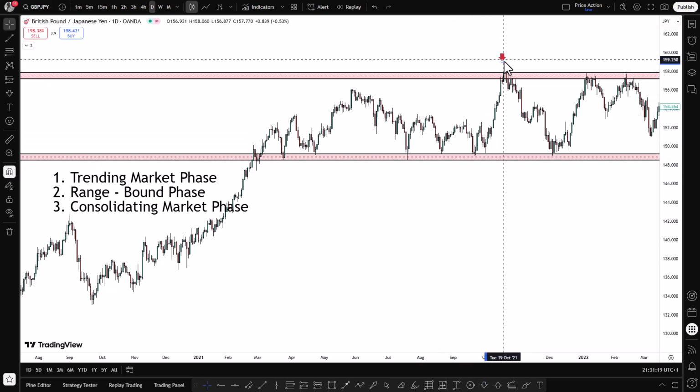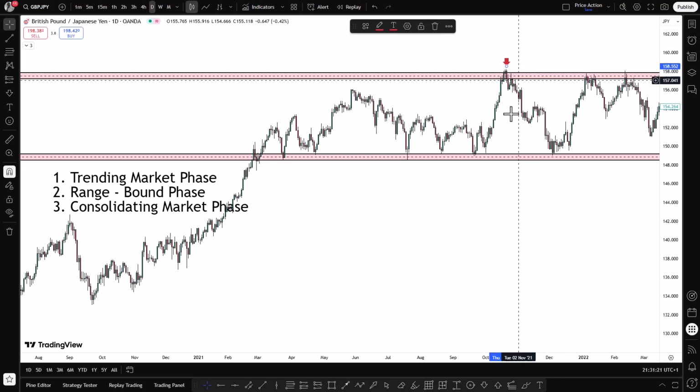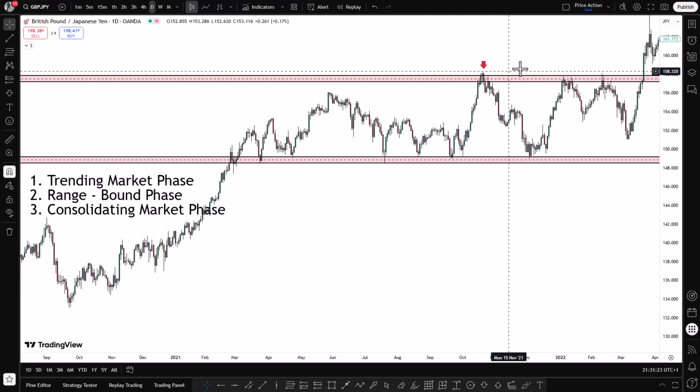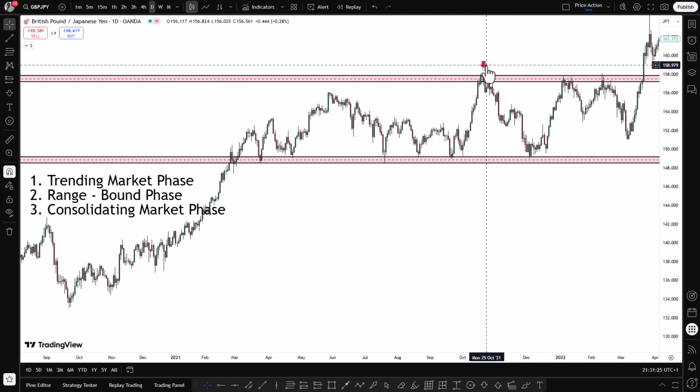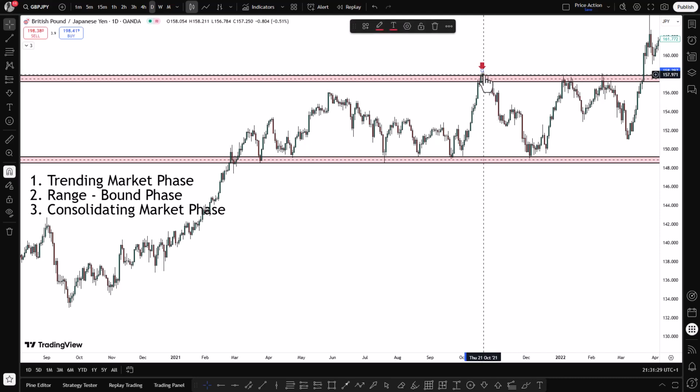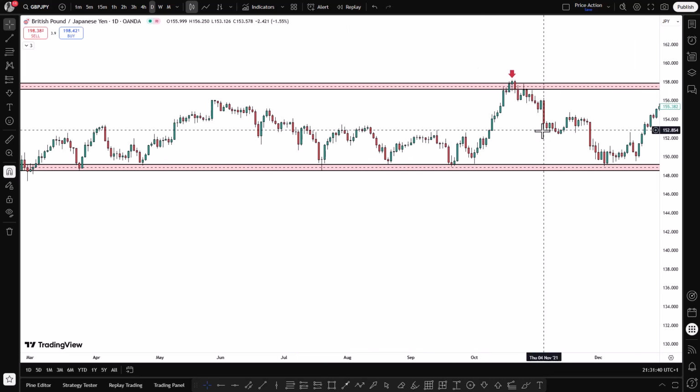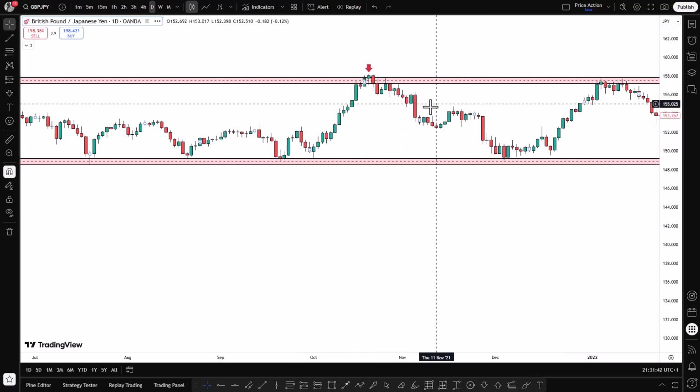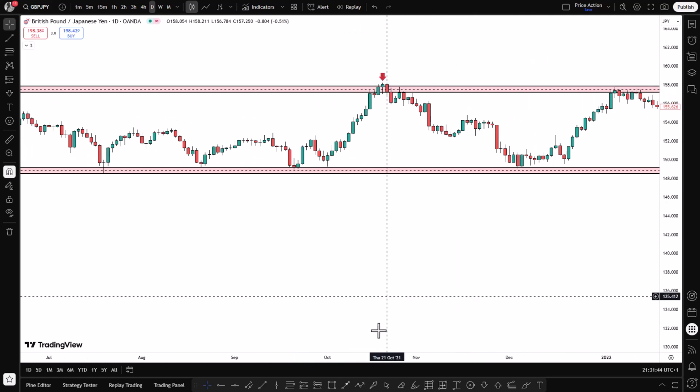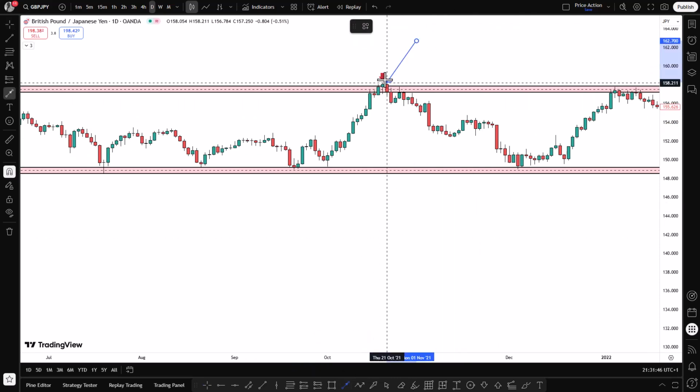Okay, so for example, since in the past, let's start our price analysis from here, okay? Since in the past, price was finding it very difficult to break above this resistance area. Why do I say that? It's not like I just picked this and said price was finding it difficult. The reason is when I zoom in on the charts, you can see clearly when you look at these candles that when price reached this area,